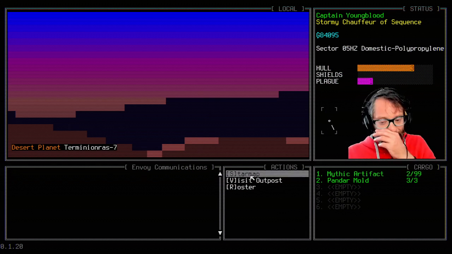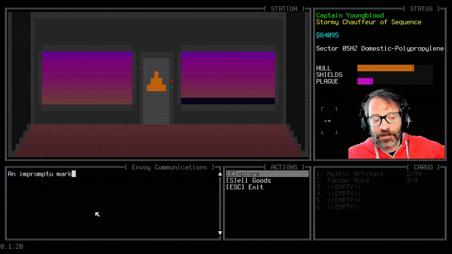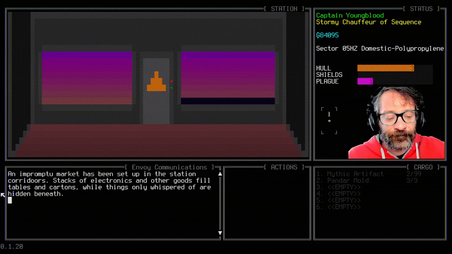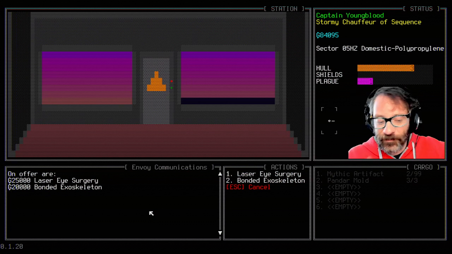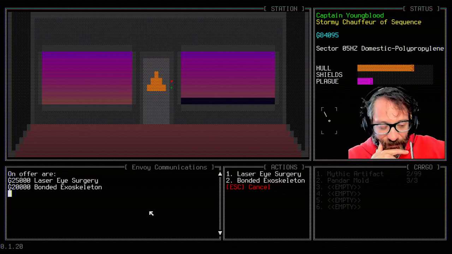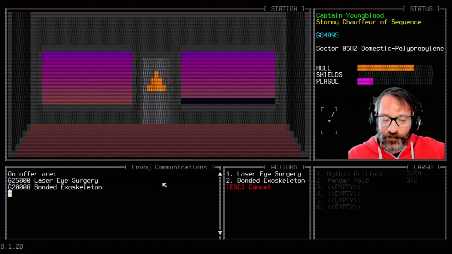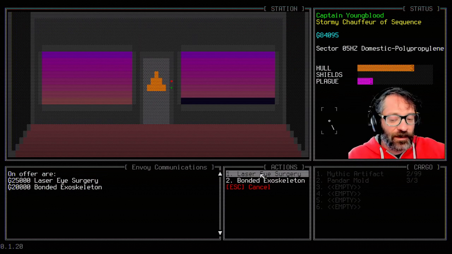Star map, I reckon we're getting pretty close. I'm hoping that there's, is there a black market? Yeah, there we go. Black market. What do we got? Oh, laser eye surgery or an exoskeleton. It's tough. I kind of want the exoskeleton to dump on my Guardian to give them extra defense. I kind of want the laser surgery to dump on the